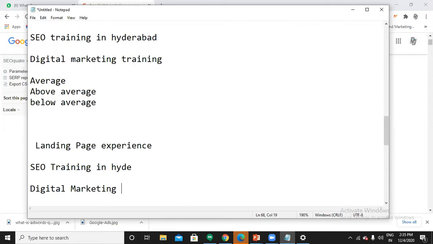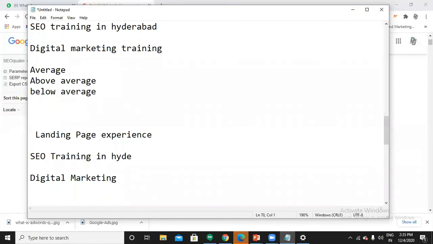So if your landing page experience is not good, make sure that for your keyword, SEO training in Hyderabad, you redirect to the specific page. If you're running ads on SEO, just redirect to an SEO page. If you're running ads on SMM, redirect to an SMM page, which consists of keywords and a particular concept on that ad.